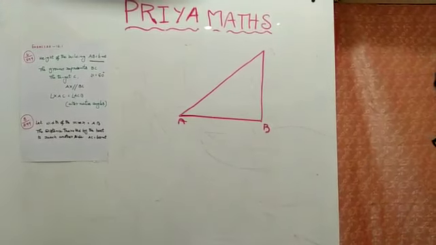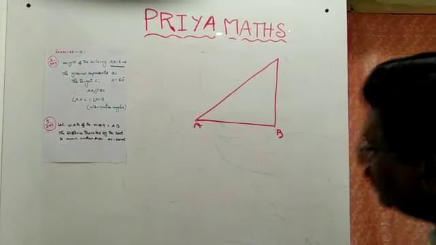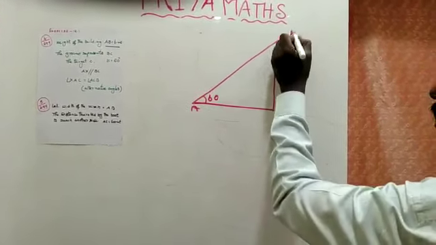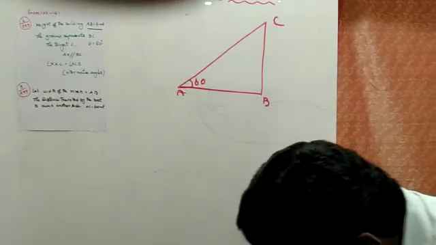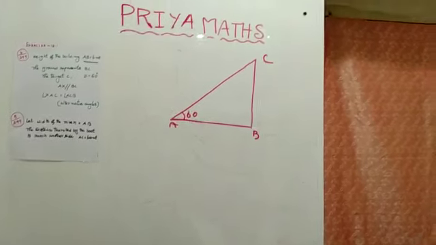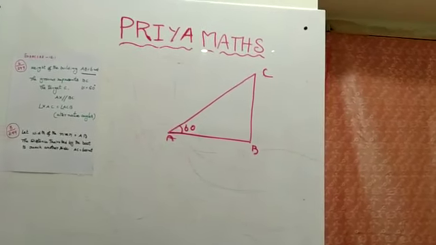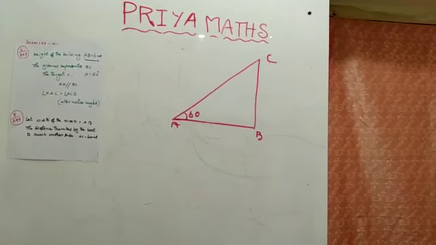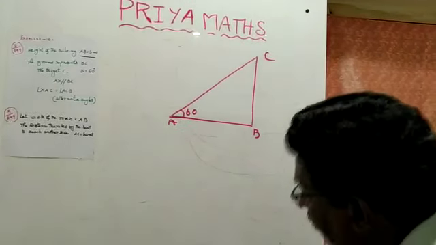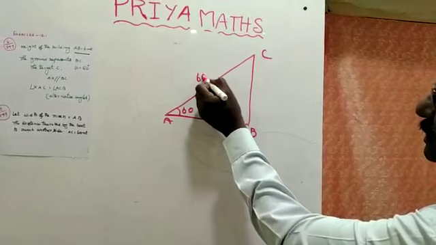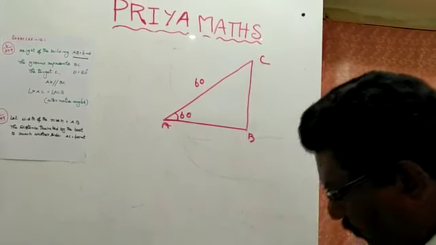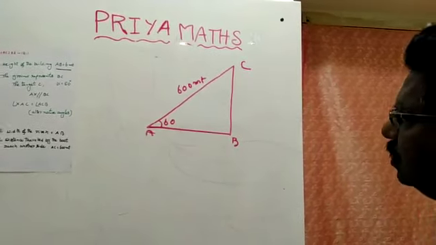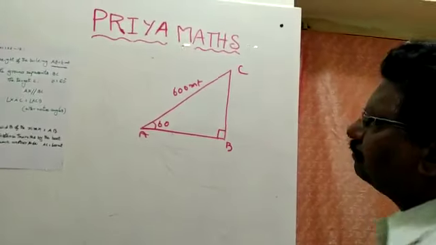Angle is equal to how much did he give? 60 degrees. Making an angle equal to 60 degrees. So here this is the C. What is he asking you in the question? It crossed the river making an angle of 60 degrees with the bank of the river due to the stream of the river and travels a distance of 600 meters. What is the value? 600 meters. So it becomes a right angle triangle.